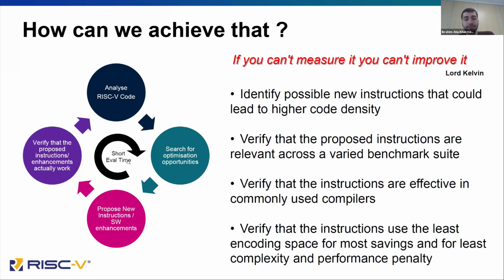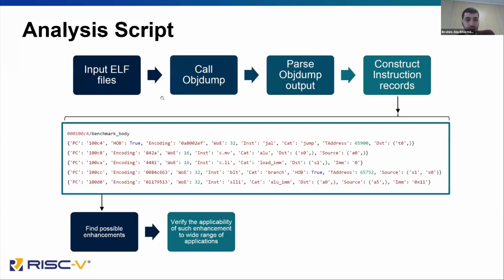This loop of searching for optimizations and checking that they are valid needs to be really short. We need to be able to quickly check if these are valid instructions, because when we are tuning instructions, it's really unreasonable to change the compiler and compile a varied benchmark every time we need to tune these instructions or enhancements. So we need to find a way to figure that out without changing the compiler. So I wrote a very simple Python script to help us analyze